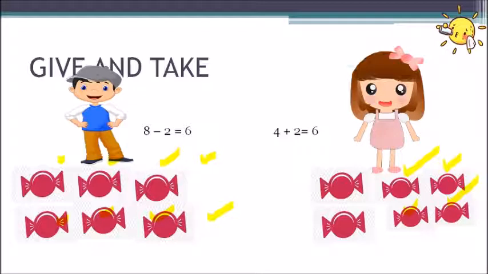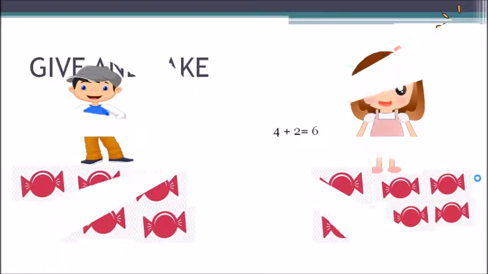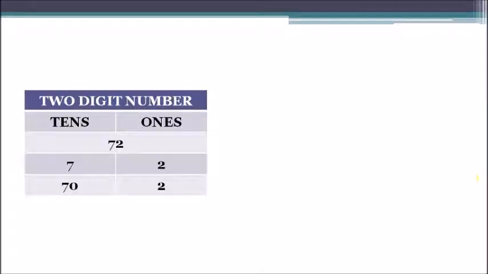We also have to know some basic rules and concepts of this game. Let's revise some of the concepts which we have already discussed in our previous video. Okay, so let's start. We know any 2-digit number has 2 places. Those are tens and ones. Let's take an example. There is a number on the screen, that is 72. In 72, 7 is placed in the position of tens and 2 is placed in the position of ones. So 72 has how many tens? Yes, you are right. 7 tens and how many ones? 2 ones. When you expand those 7 tens, it will make 70, and when you add those 2 ones, it will make 2 itself.